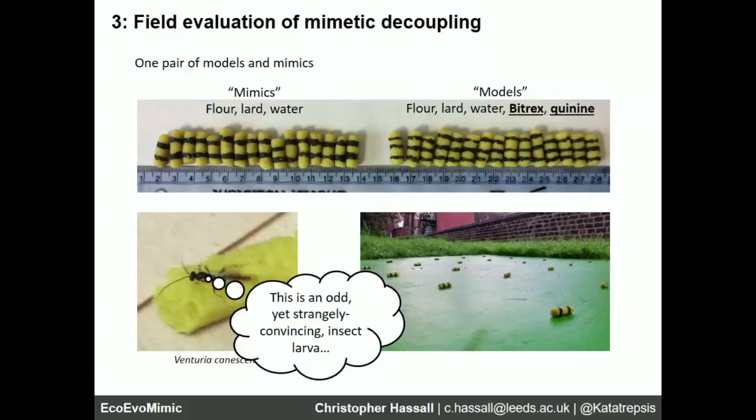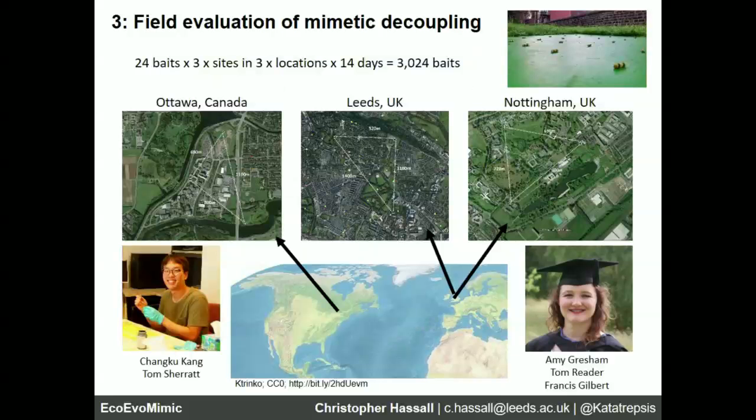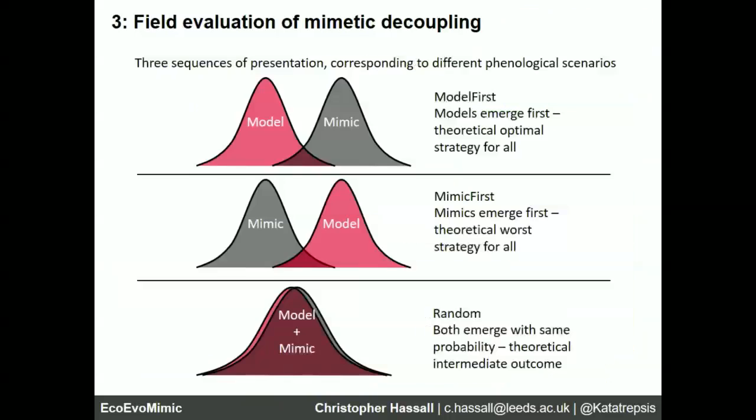And these were deployed out in the field at a series of locations in groups of 24, so 12 of each kind at a series of sites. Often these experiments are only conducted at a small number of sites. So fortunately, I had some eager collaborators, Chan Ku Kang and Amy Gresham, who conducted the same experiment at Ottawa and in Nottingham, respectively. So we had a series of sites, an awful number of baits to make and analyze. We presented them in the same way as we did for the eye tracking experiment.